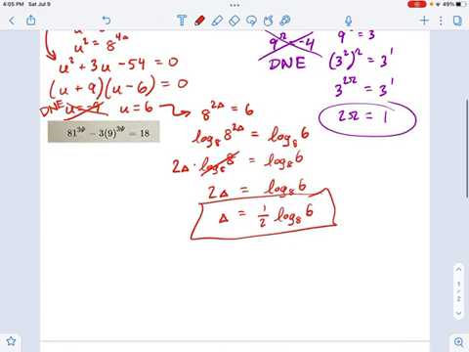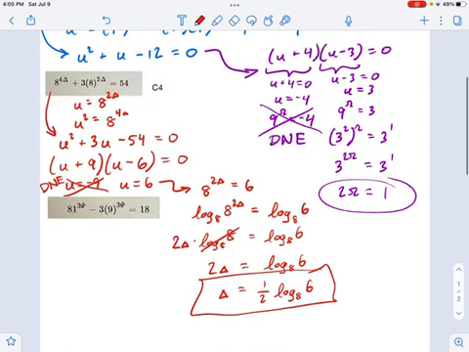Last problem over here. Again, it looks a little bit different than the one right before it, but it's really not. Here's what's changed. Instead of having 8 there and 8 also here, notice that I have 9 here and 81 there. Okay, well, how about if I just rewrite it to the following? 81 is just 9 squared. So this is 9 squared to the 3 psi power minus 3 times 9 to the 3 psi power equals 18.